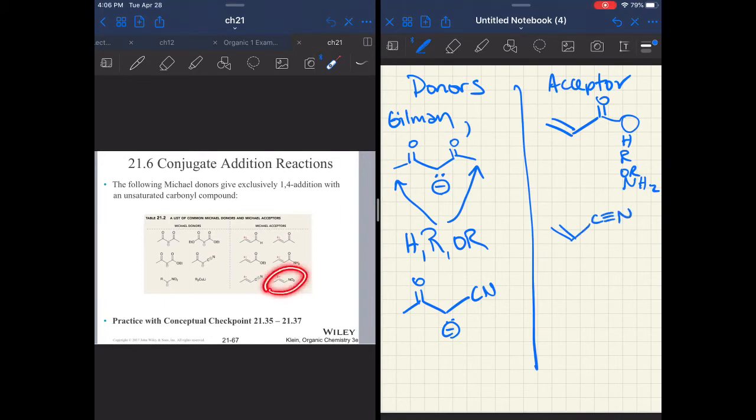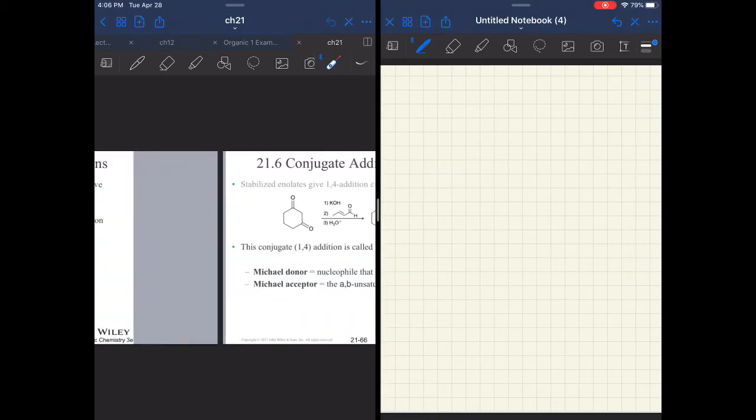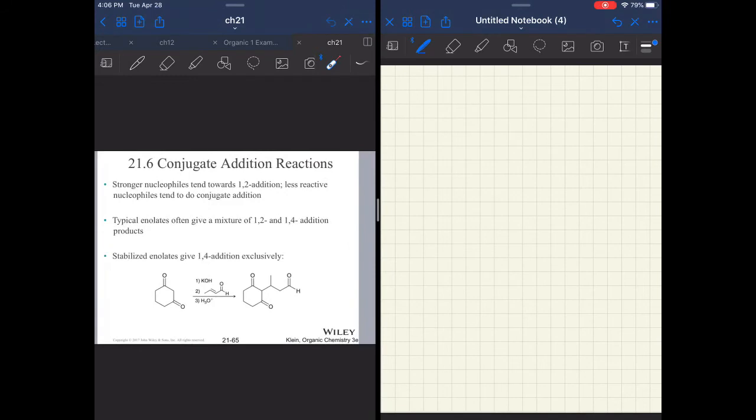Again, you're not going to see the NO2 option from me. So let's talk about how these donors and acceptors would behave together. Something that you should notice is the donor is the enolate, so this needs to be deprotonated to react. That's why in these slides over here, you're seeing something like this Michael donor